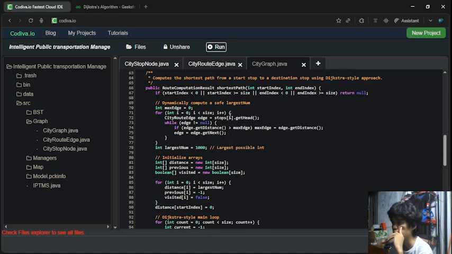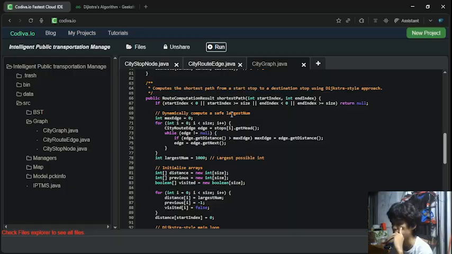So the idea of the shortest path is to find the minimum distance from a starting vertex to all other vertices in a weighted graph with non-negative edges. Here, for each stop, we will maintain a distance array and a previous array. The distance array is the distance from the start, and the previous array tracks the path.